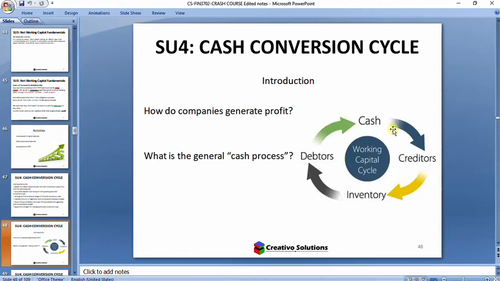We perceive value. We believe that we can exchange those notes and coins in the future. And that's why we don't mind accepting it or receiving it or even transacting with it. So it's all related to this whole idea of transformation. In other words, taking something that's, inverted commas, not really worth anything, but then converting it into something that's more valuable that can then be used to materialize or to create more cash, and then the business will continue